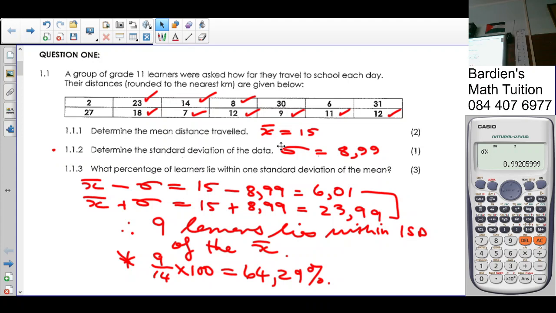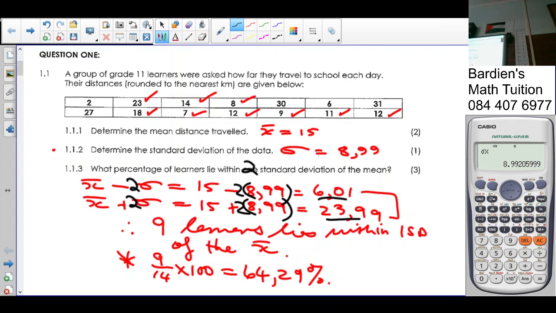Okay. Yes? If you ask about the percentage of learners that lie within 2 standard deviations, the question is, what if it had read what percentage of the learners lies within 2 standard deviations? Then you put a 2 here and a 2 here. So you take this number and multiply it by 2, you get a bigger range, then you count those